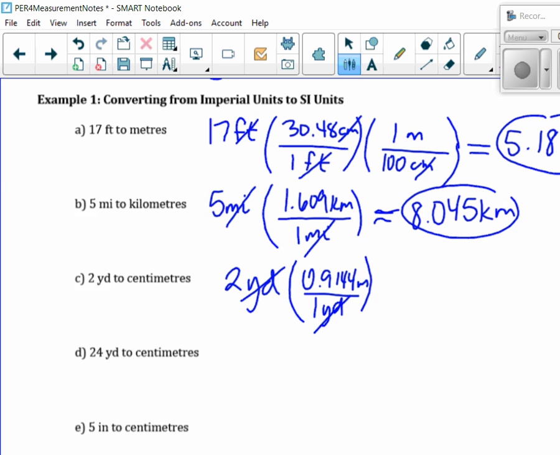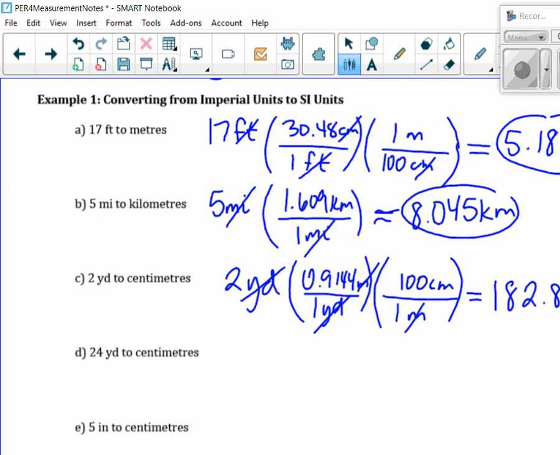I'm now in meters, but I want to be in centimeters. So now I need to convert this. 1 meter is 100 centimeters. Then the meters cancel, and then I punch this all in. 2 times 0.9144 times 100 is 182.88